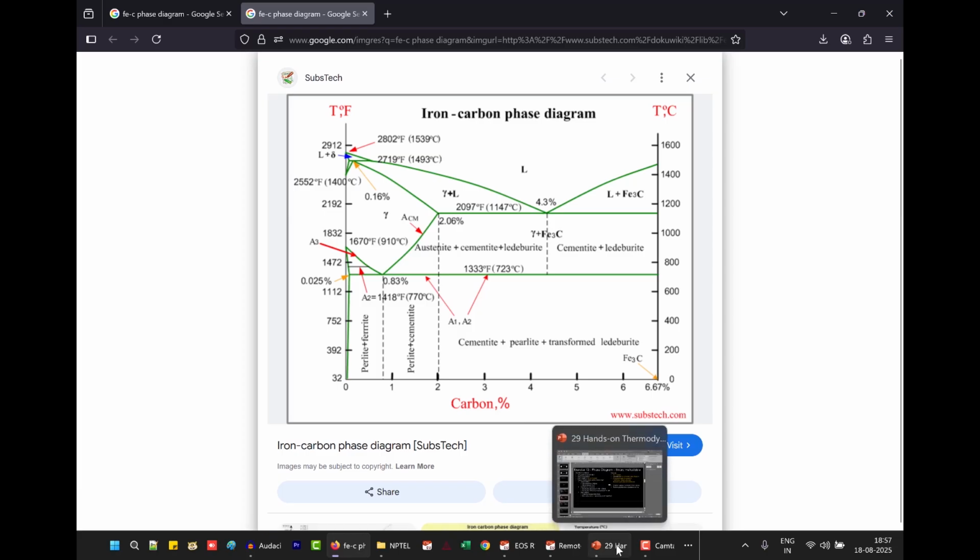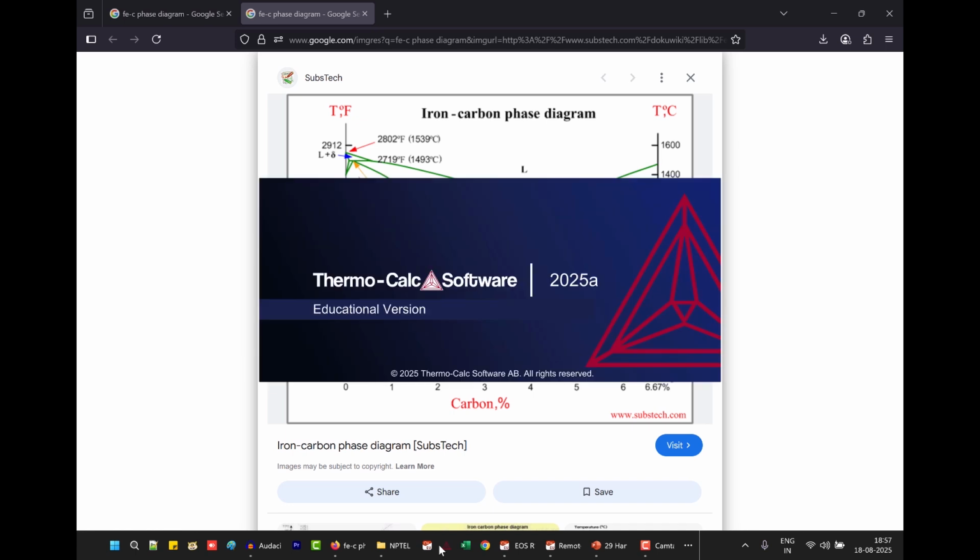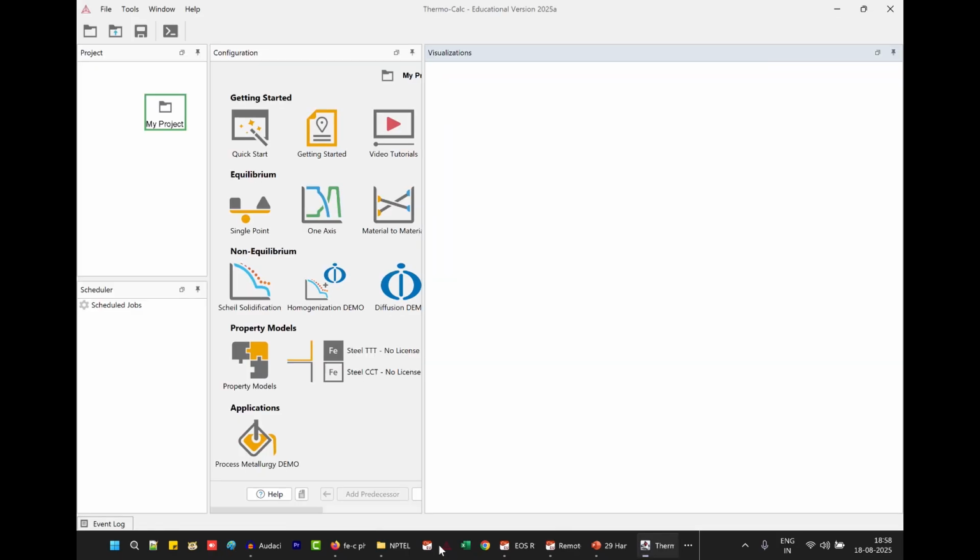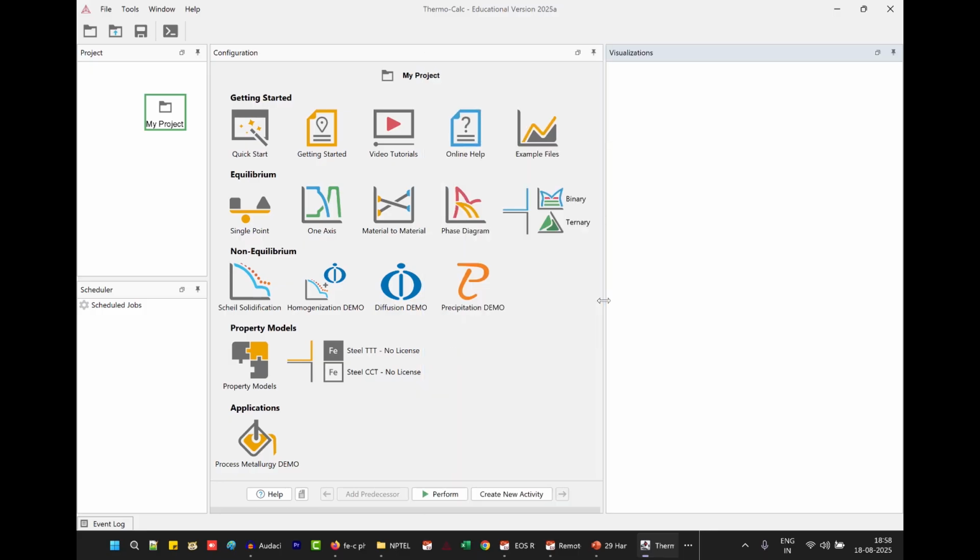Okay, let's see how to make that in the software. We're going to use the phase diagram template.